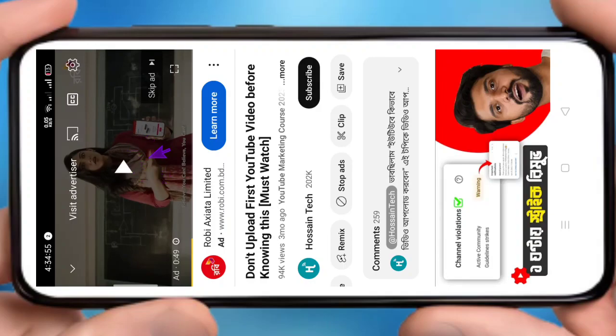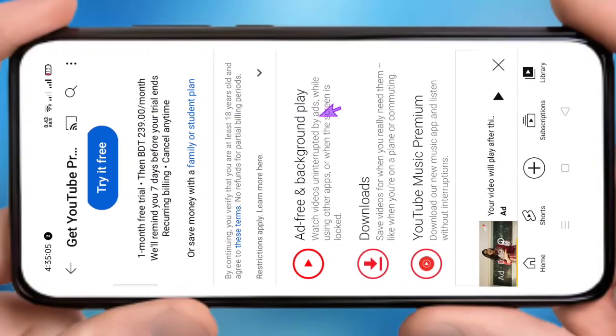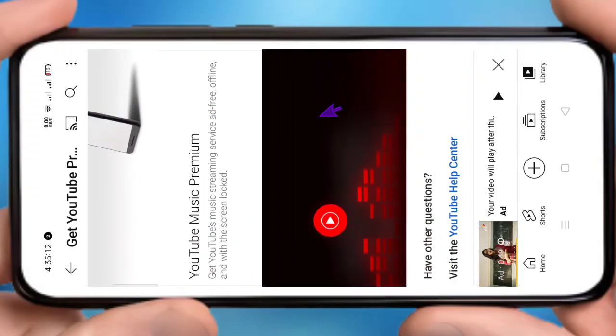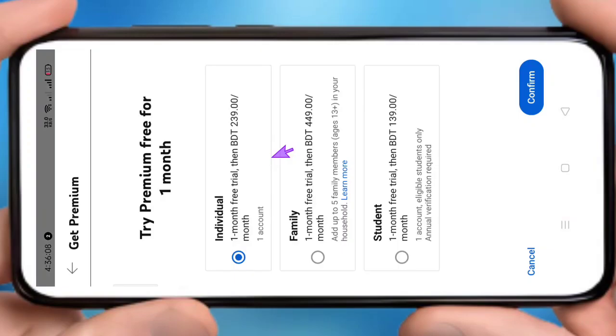OK, now press the Stop Ads. Read the options. Different options are mentioned there. Now try it free. There are different options like individual, family, student, etc. Student fee 139. I'll press the student option, then confirm,